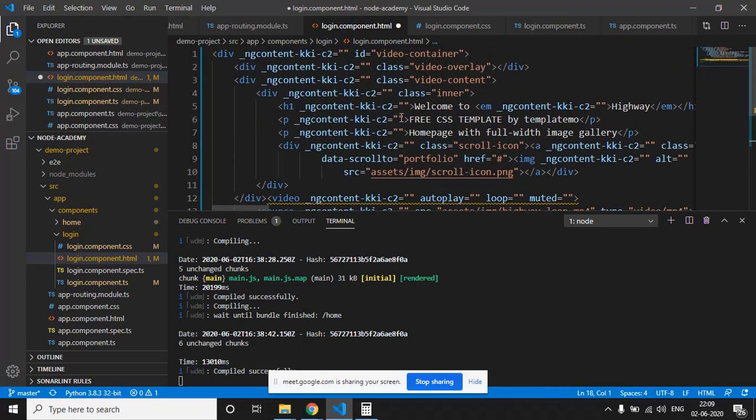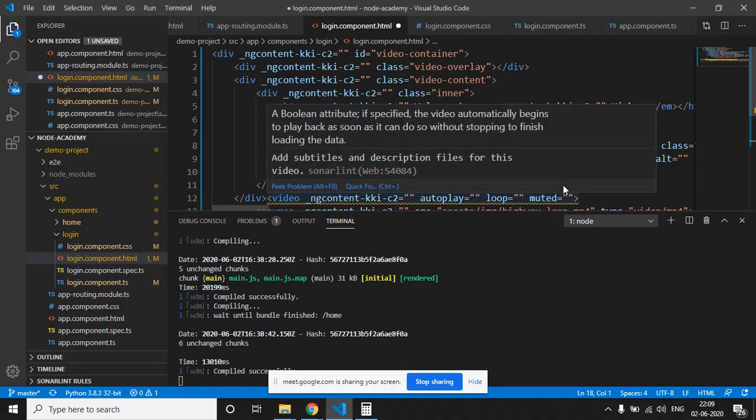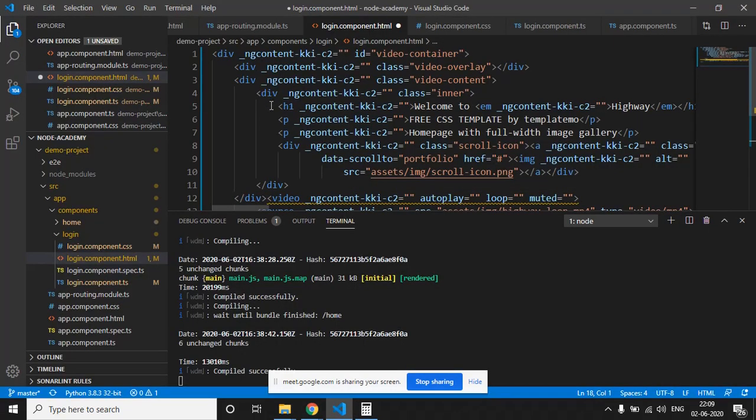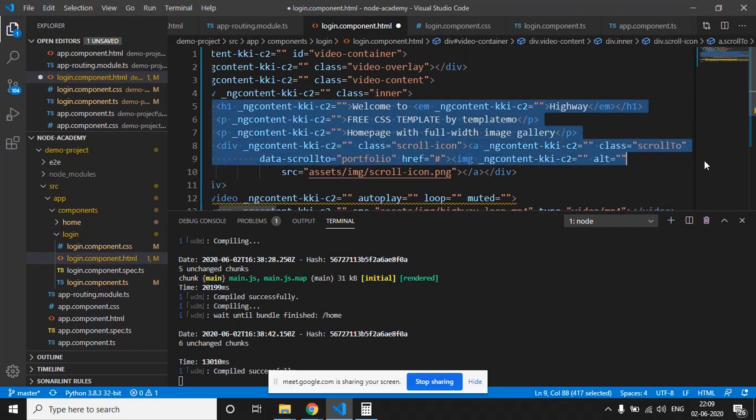And instead of this welcome text, we will just put our form and things. We also don't need this one.